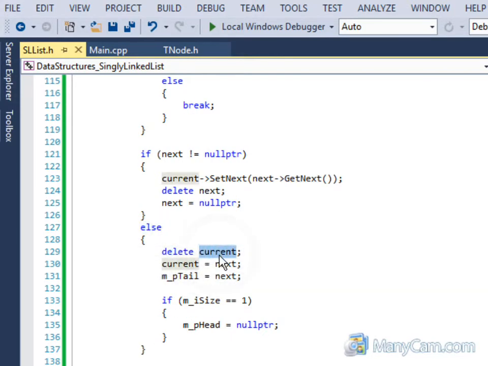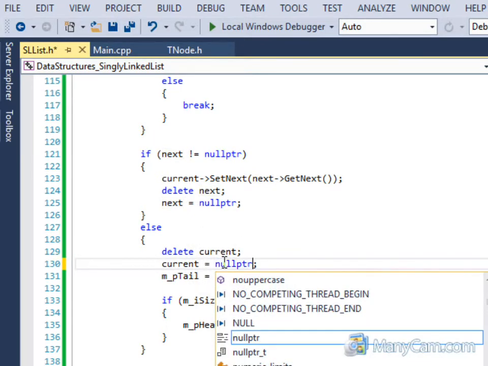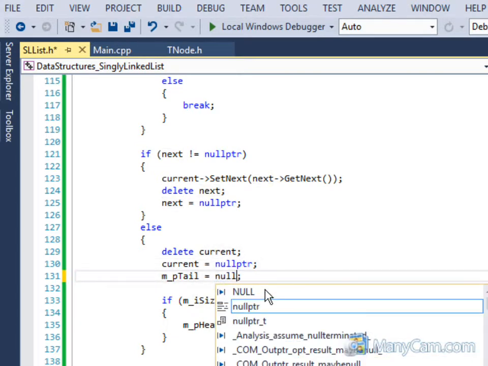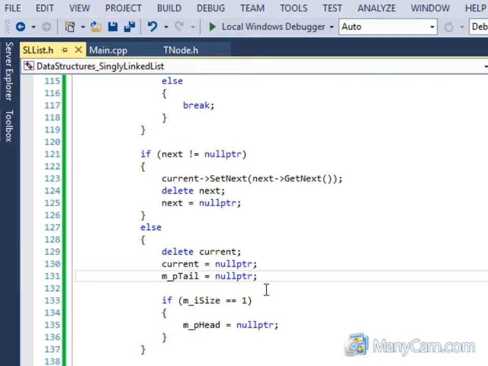We're going to delete our current, and I'm just going to set it to null pointer for safety, because next might not be null. It'll probably be an error or something. So we set our current to null pointer and our tail to null pointer,